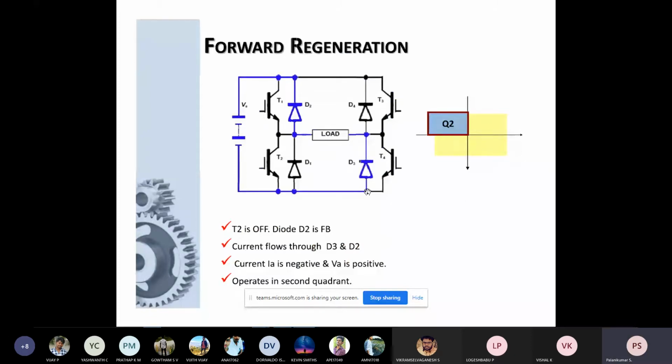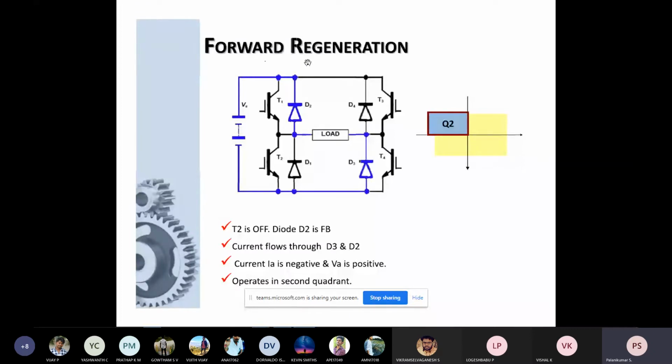Now the current will be in the negative, opposite direction because of the energy stored in the inductor. In the DC motor, how does the inductance concept come in? If a variable DC comes, the current also will be varying, it will not be the same. When the di/dt concept comes, energy is stored. So even though this is switched off, that is facilitating it. Now the current is negative, so current flows in the opposite direction.